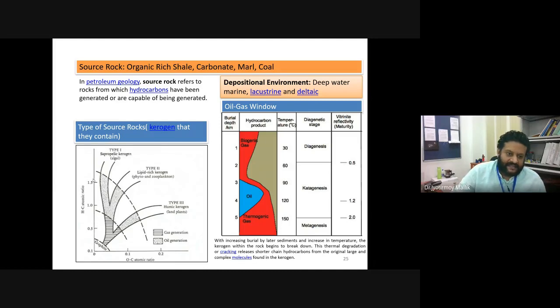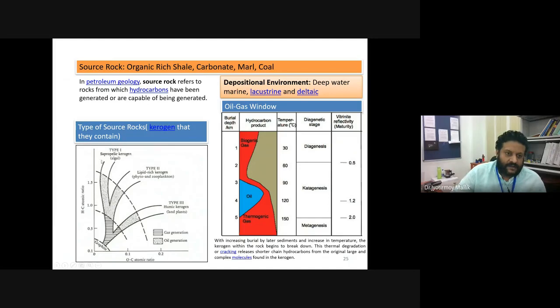Okay, and this classification is based on the hydrogen to carbon atomic ratio in that particular kerogen to the oxygen to carbon atomic ratio in that organic matter, and they are generally subdivided into three types. Type 1, which is called sapropelic kerogen; type 2, which is called lipid rich kerogen; and type 3, which is called